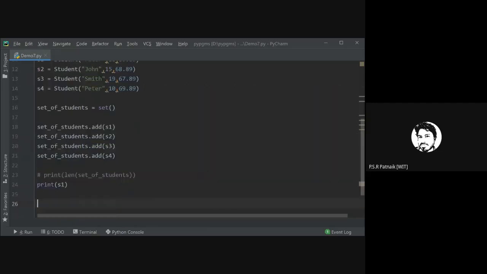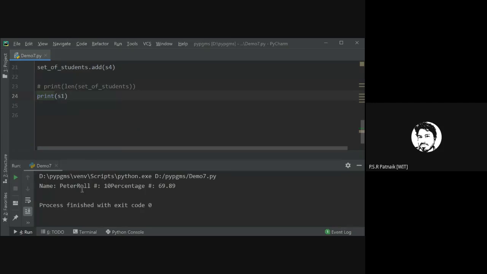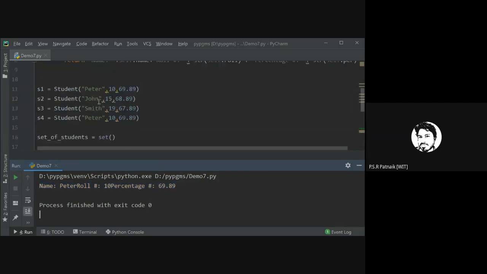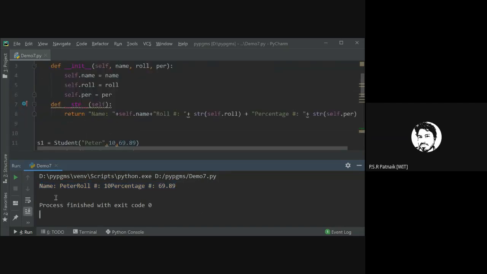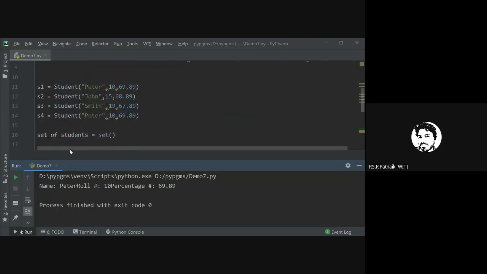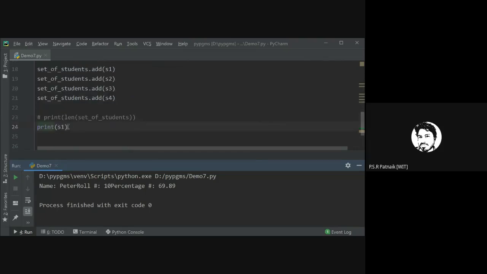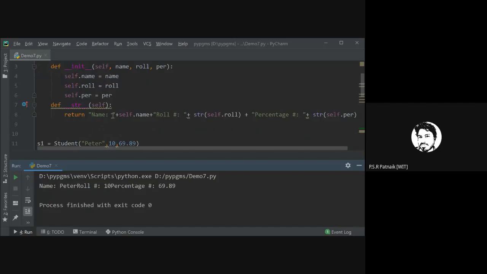So now if you check the output of S1, what output are you getting here? Whatever the str method has written here, the same gets printed as output when this object is passed to this print method, right? I hope you are able to see this.